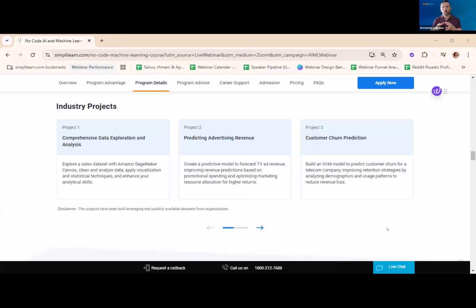Because this is no code, you are not going to create a neural network manually. What you will do is use platforms that leverage deep learning to create a model. So that's the difference.